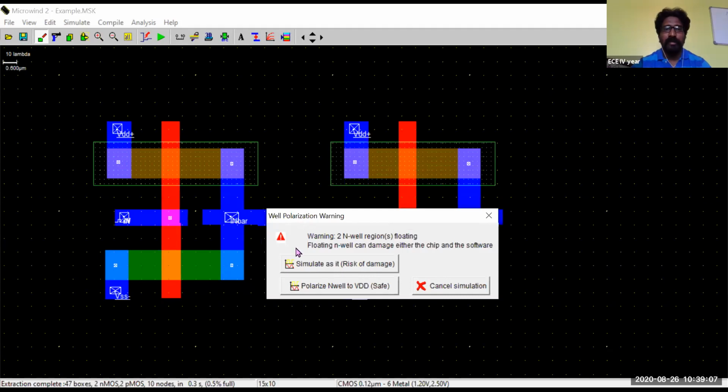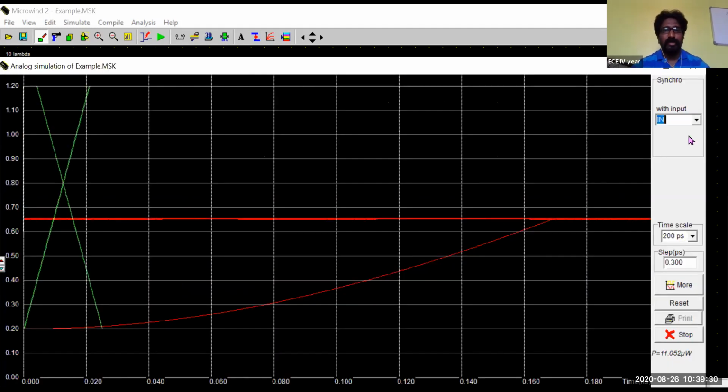The warning has been given, well polarization warning: two N well regions are floating, and the floating of N well can damage either the chip or the software. So in order to avoid this, we should put that particular VDD upon the N wells. So for that, again, I'll go to that palette. Excuse me. You can see that outputs will appear like this.